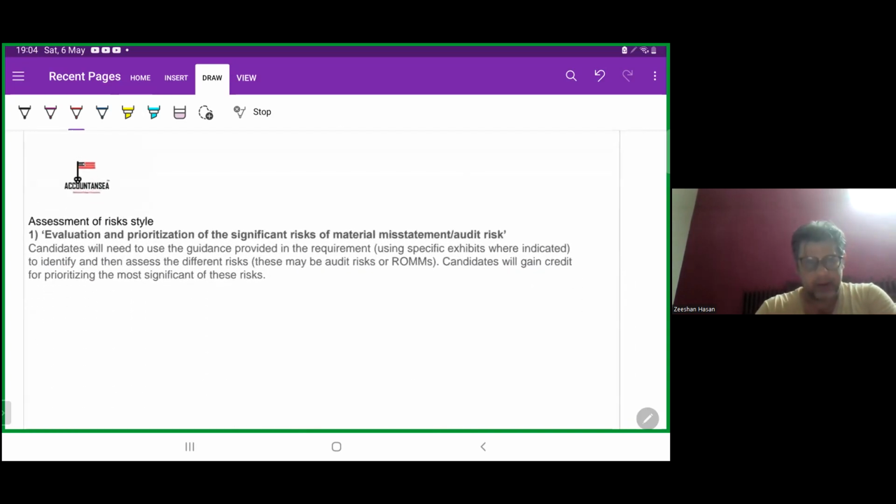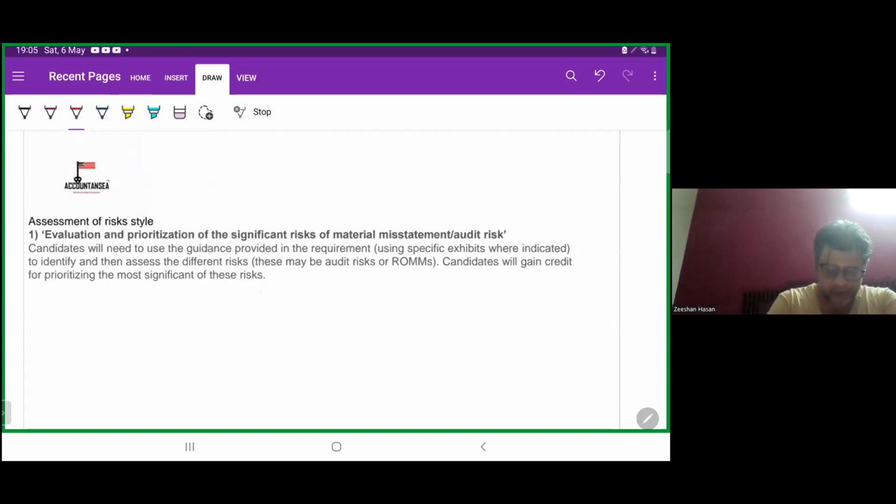Assessment of risk style. Number one, evaluation and prioritization of the significant risk of material misstatement or audit risk. Candidates will need to use the guidance provided in the requirement, using specific exhibits where indicated, to identify and assess the different risks. This may be audit risk or risk of material misstatement. Candidates will gain credit for prioritizing the most significant of these risks. So you should